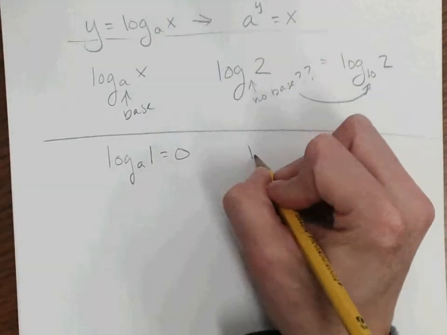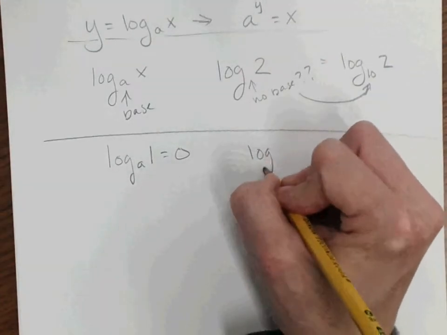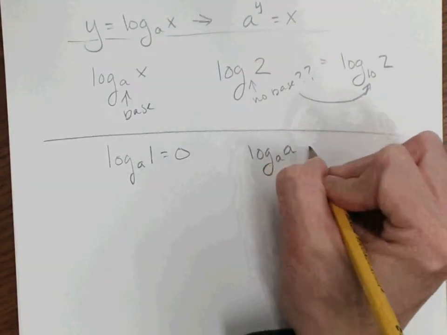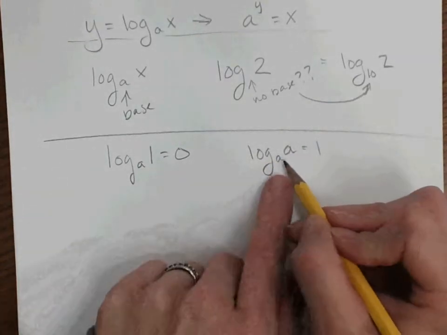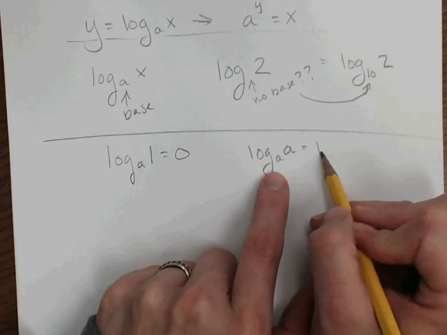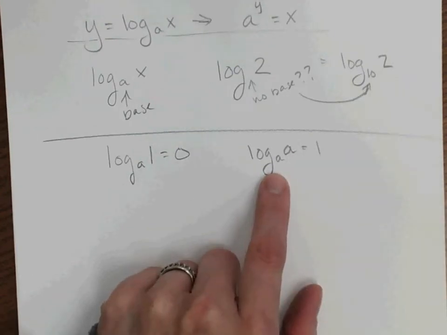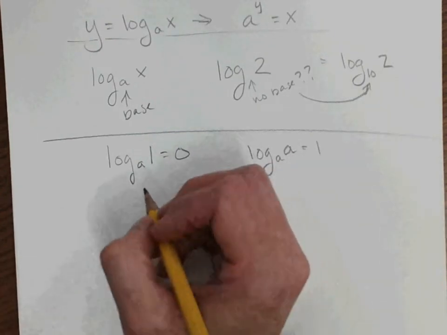And then the second one is that log base a of a is equal to 1. Once again, that should also make sense because anything raised to the first power is just going to be equal to the anything. So for a couple of examples,